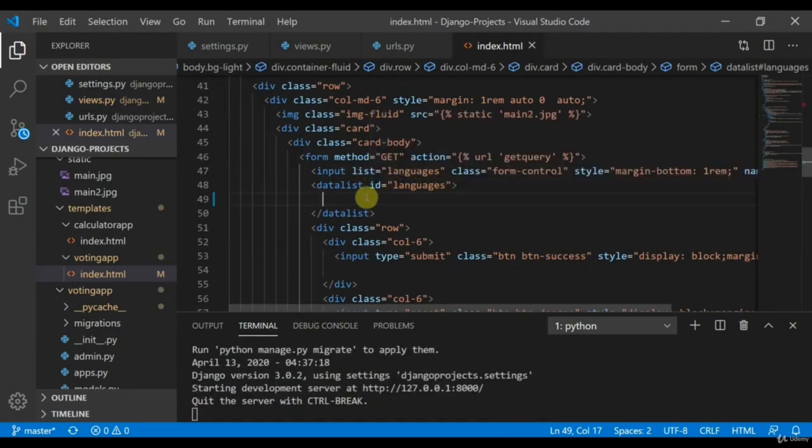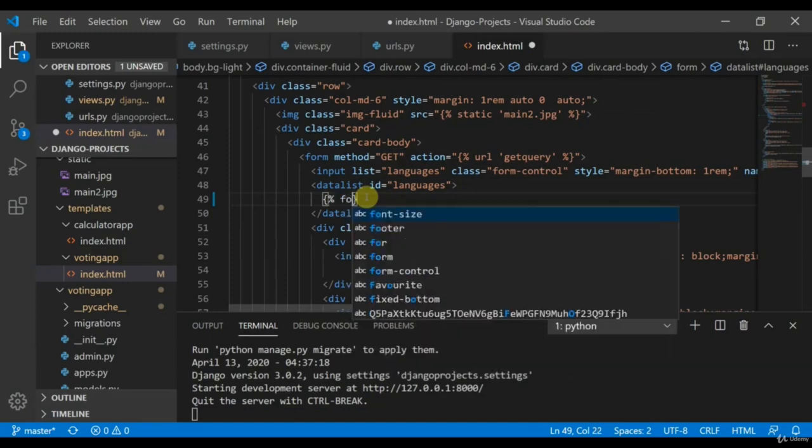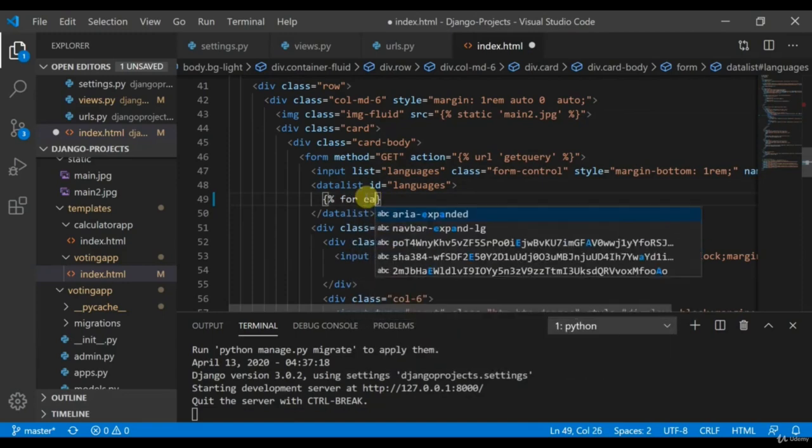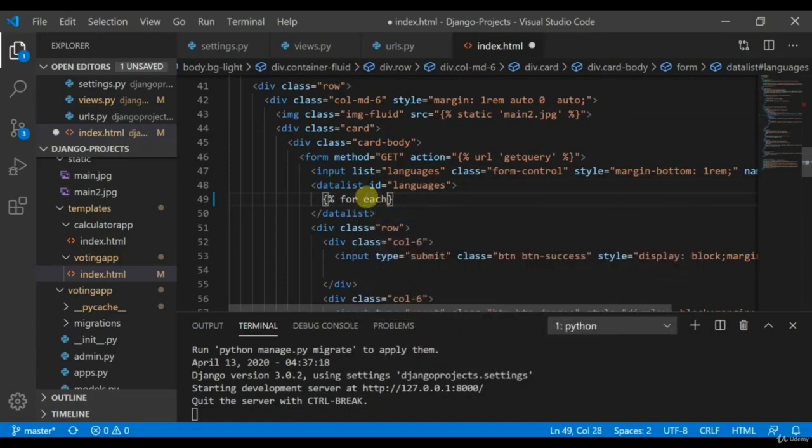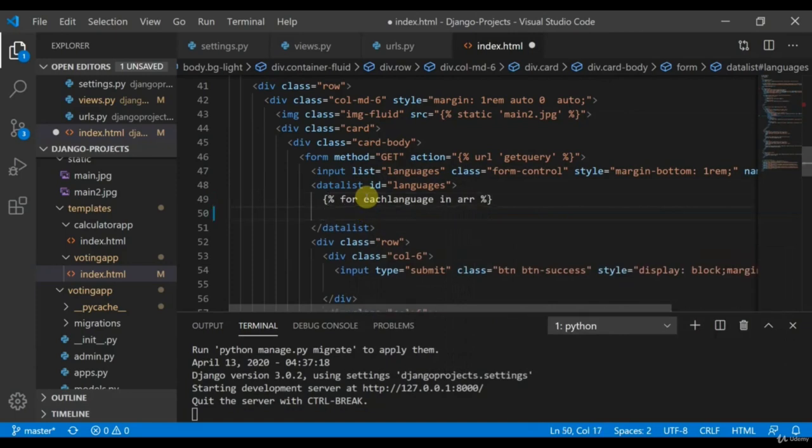So that's perfectly fine. What we are going to do is use a Jinja template. So I'll show you one thing. For each language in array, okay, then we would end this for loop.